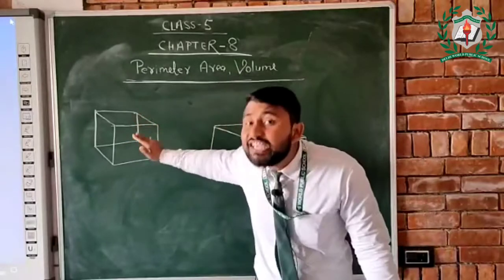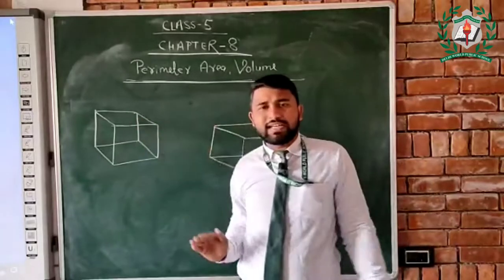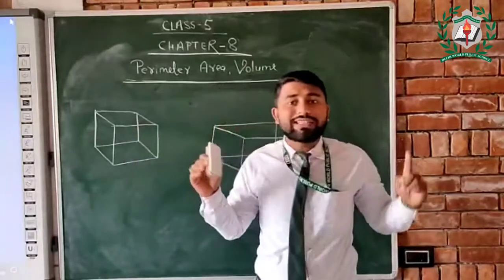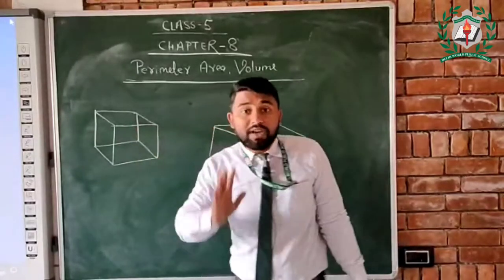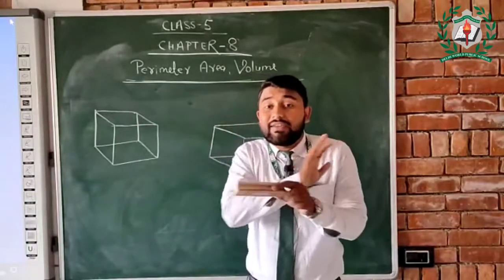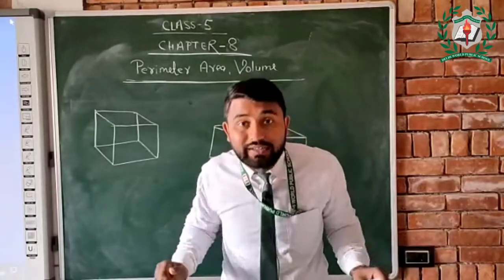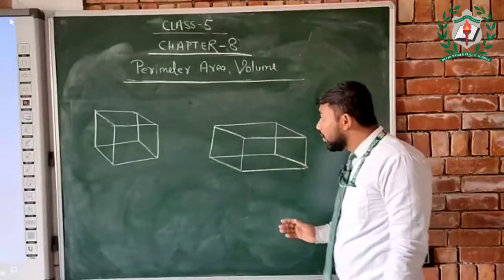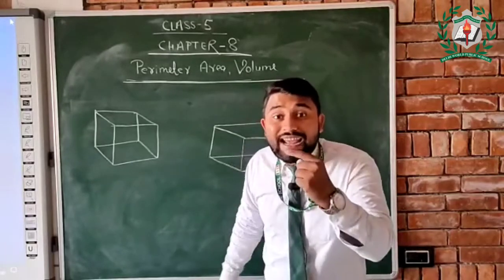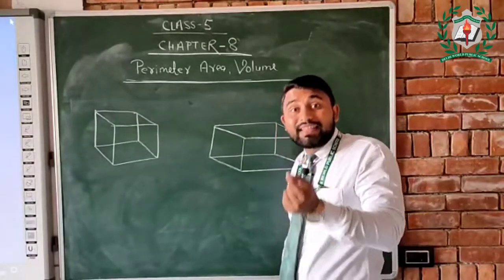It has 6 faces. It also has 6 faces. It means cube has 6 faces and cuboid also has 6 faces. All the faces are equal in cube, because it is made up of squares, and in a square all the sides are congruent. In cuboid all the faces will not be equal. There will be a difference. You can find length, breadth and height.